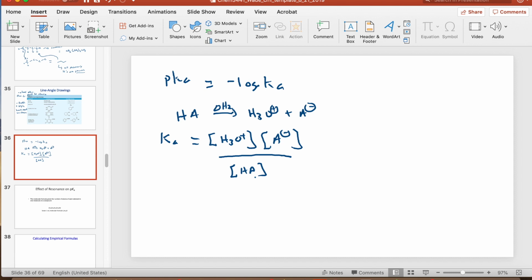Well, it turns out that Ka values are usually huge, long numbers, right? Like 1 times 10 to the minus something, something, something. And so what we don't want to do is often have to write all of that. So what we do is use the negative log of that, and it makes it a nice, simple whole number for us to evaluate, or a nice, simple number without scientific notation. So, for instance,